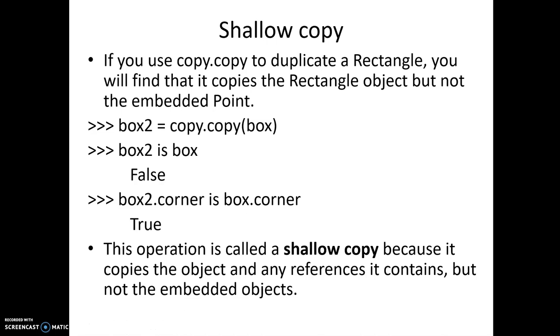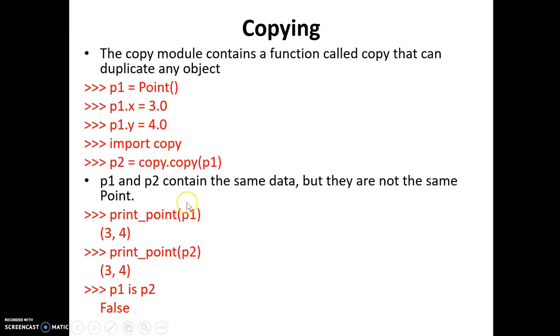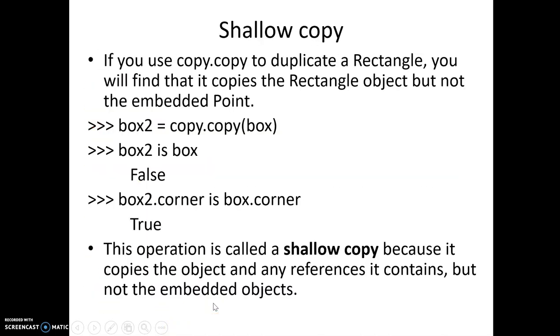The method that we have discussed here is said to be a shallow copy. With respect to copying objects in Python, you have two types, the shallow copy and the deep copy. Let's see what is the difference between the shallow copy and the deep copy here. If you use the copy method from the copy module to duplicate objects of classes, then that method is said to be a shallow copy.